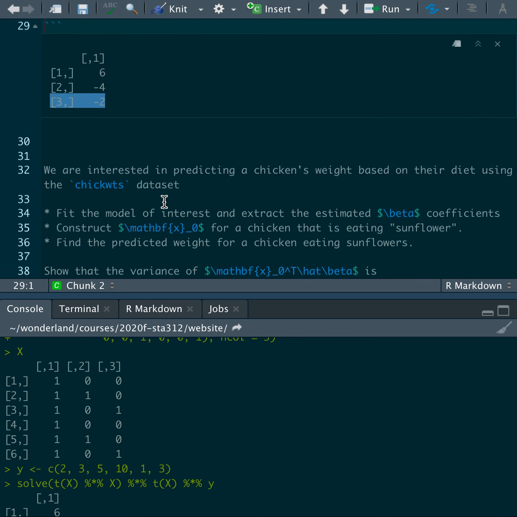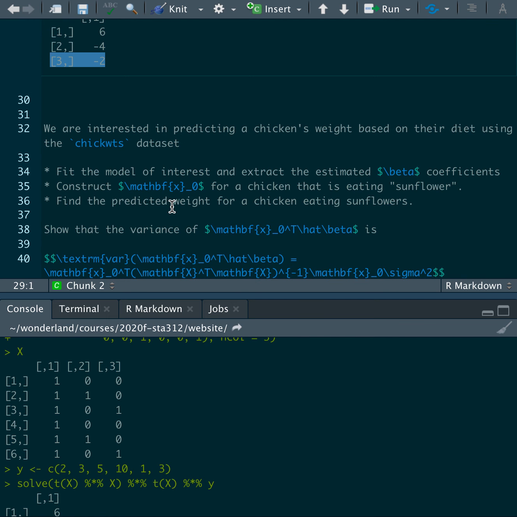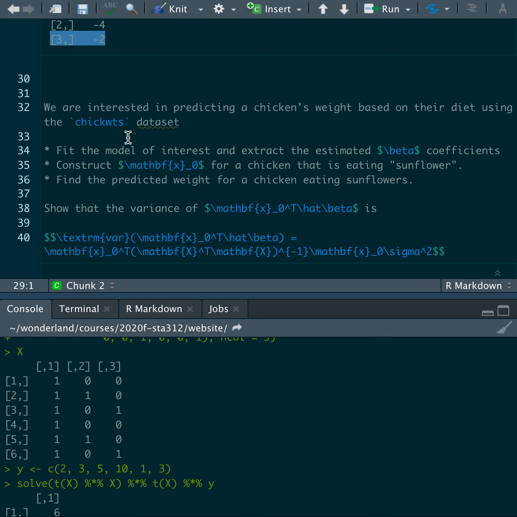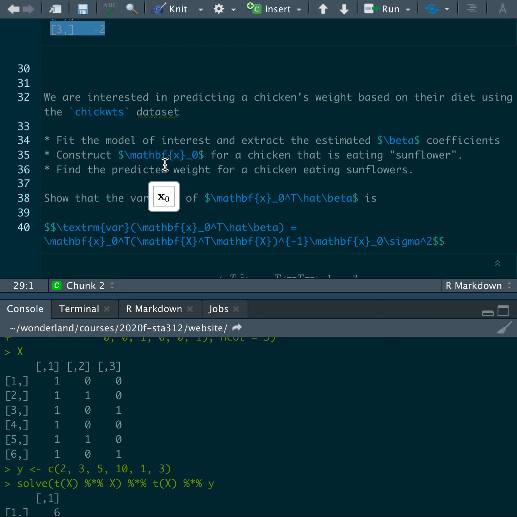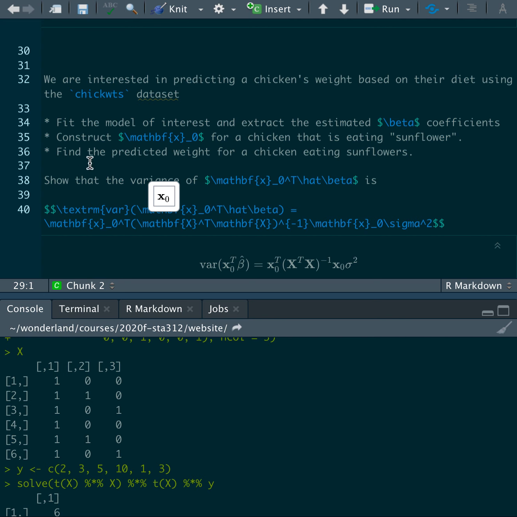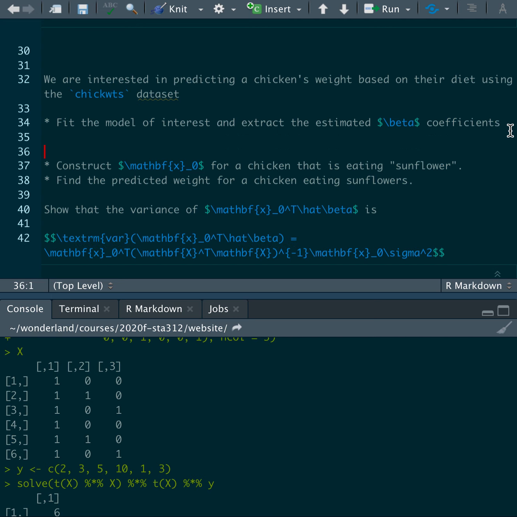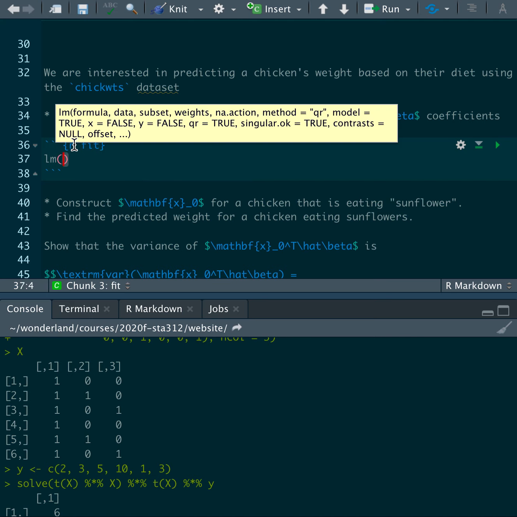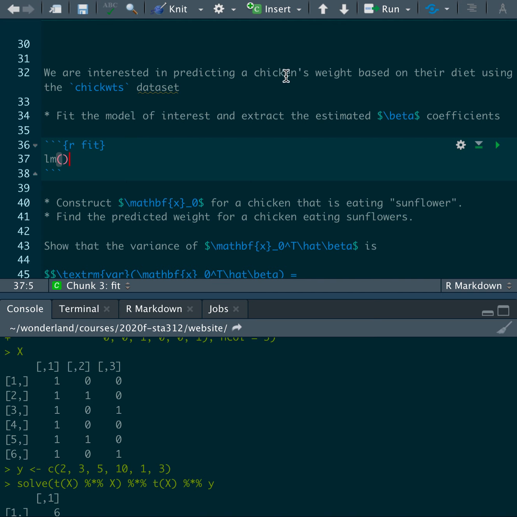And so now we're going to do an example where we are actually fitting a model that has these indicator variables in it, and then we're also going to be calculating things like the variance as well as the prediction intervals. So we're interested in predicting a chicken's weight based on their diet using the chick weights data set. And so the first thing I need to do is fit the model of interest, and I need to extract the beta coefficients. So I'm going to do that here. So I'm going to fit this model. And so I'm going to use the lm function, and my model of interest here, I want to predict the